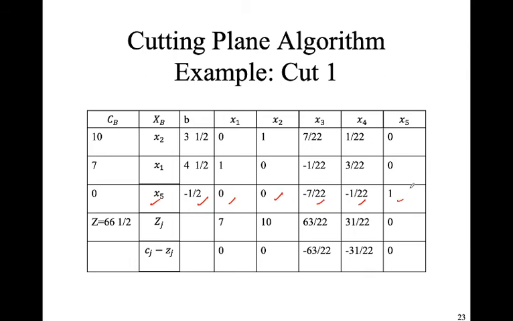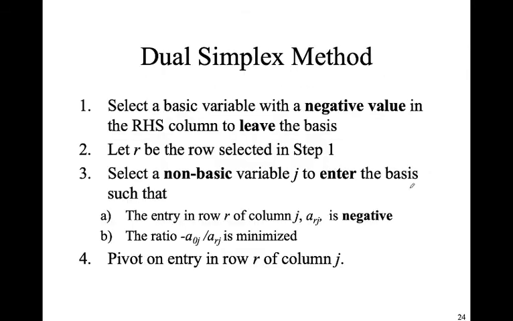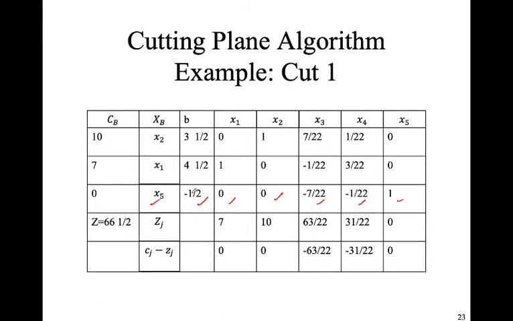In the dual simplex method, first of all we have to select the key row. Okay. In the dual simplex method, the key row will be selected on the basis of the most negative value in the basis. So the most negative value, look here, this one is minus half. Okay. So that means this row number 3 will become our key row. Okay. And the key column will be decided on the basis of the ratio. Okay. So now the ratio of the key row and the Cj minus Zj will be calculated.